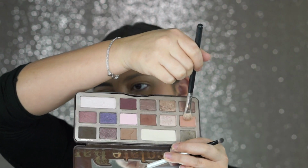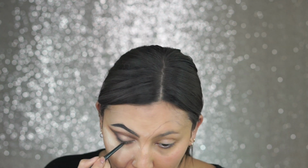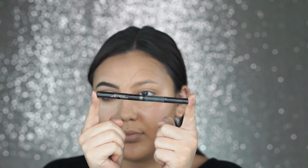And now using the same shades as before, I'm just gonna drag them down on my lower eyelid and create a bit of a smoky eye. And now taking my MAC black eyeliner, just to line my waterline, and then using a small brush or a smudge brush to smudge it out a bit,